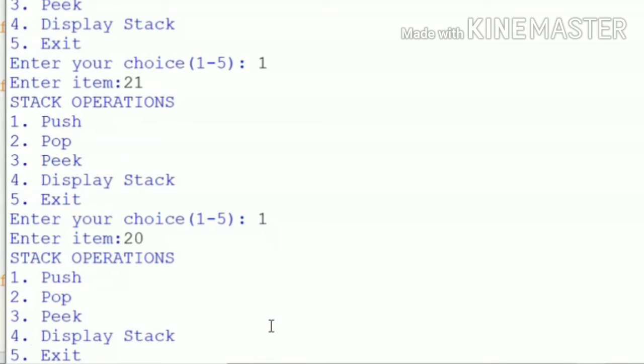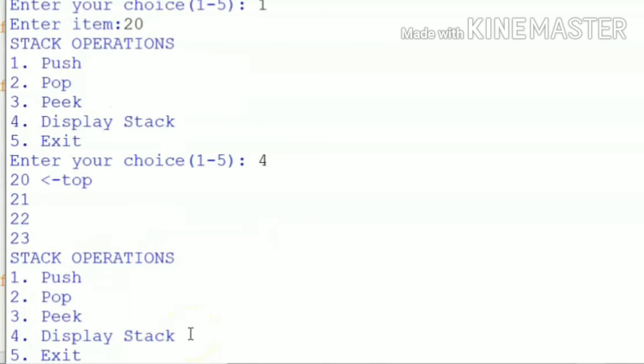Again the menu asks, so we can display the stack. First we can display the stack, so I'm giving option number 4. See, option number 4. So 20, because we gave 20 last, so stack top is 20, then 21, 22, 23. So these are the stack elements.